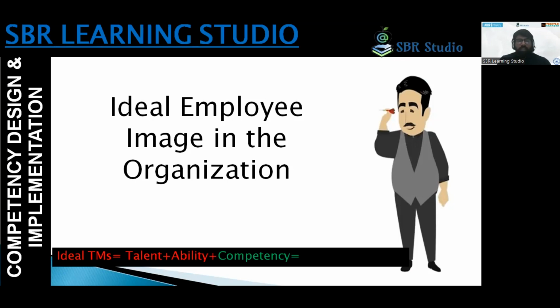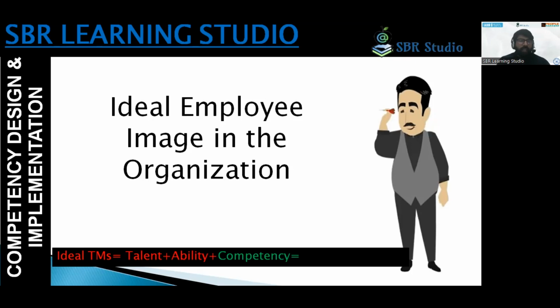Now the third one, which is the important part. Everyone has knowledge, maybe extended broadly at a very micro level, or at a very deep level or very advanced knowledge. But ultimately, when it comes into the organization, it is about how you are utilizing that knowledge and information in your organization, in the given role, how you are utilizing your talent and ability. That will be regulated by the competency.